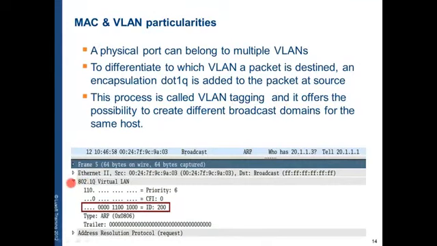And it allows a packet that comes through a port to identify the VLAN on which that packet has to be sent. This header contains the ID of the VLAN which we have to use.